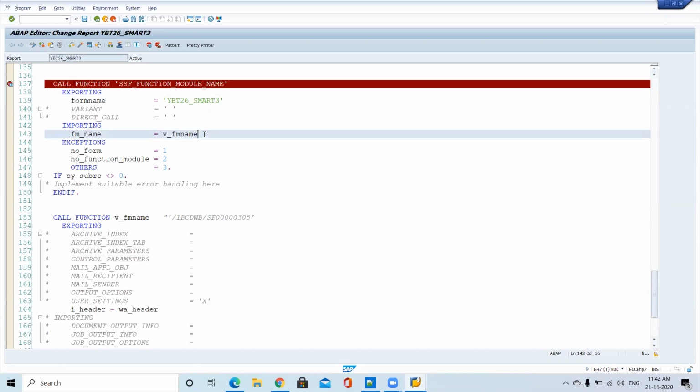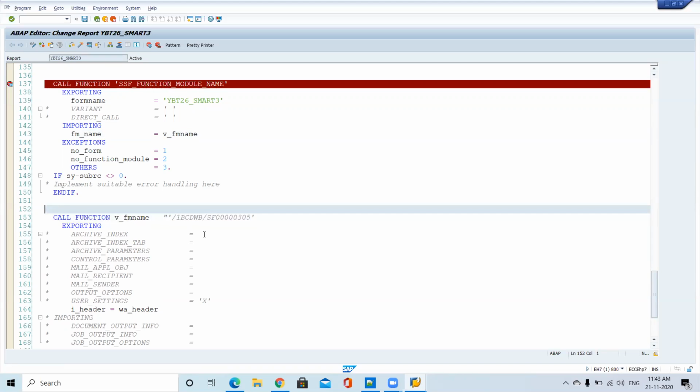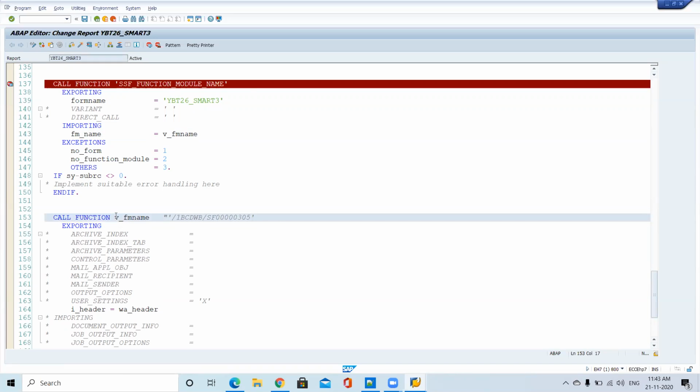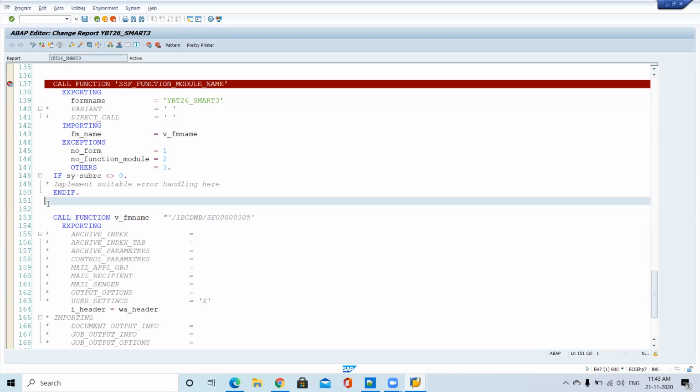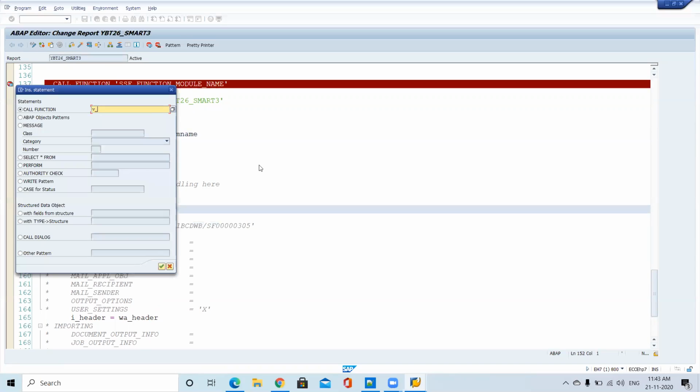Normally, if you go back to the table, for the same smart form they will mention that in development this is the function module, in quality this is the function module, in production this is the function module, like that. SAP stores that information, so dynamically it will get the relevant function module for that environment. Clear? Yes, sir, now understood. I'm just saying don't hard code this value, call like this.